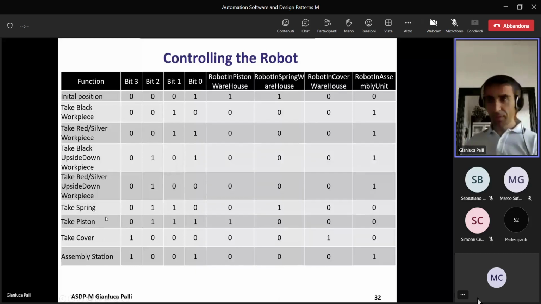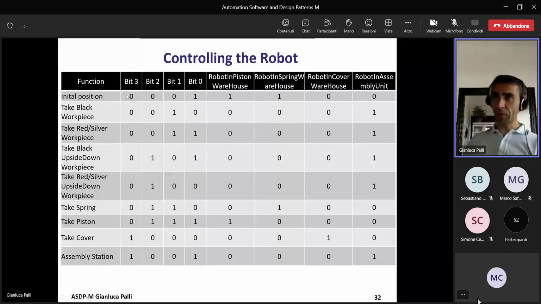This is the reason why we need a finite state machine in the robot operation. Otherwise, the risk is to damage something. So there's a finite state machine that receives operations only according to some predefined order. But apart from this, the sequence of operation, the kind of operation that you can command is this, and the